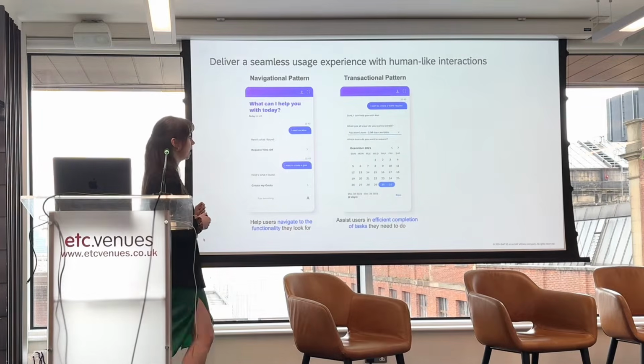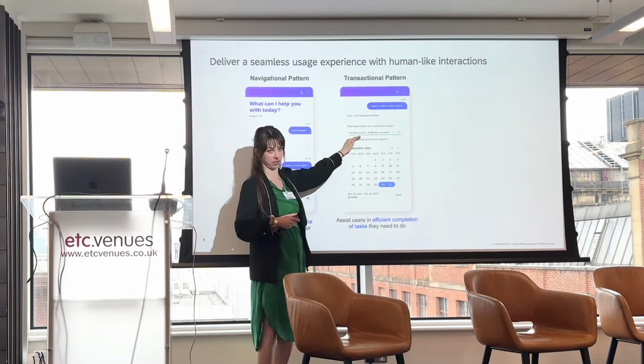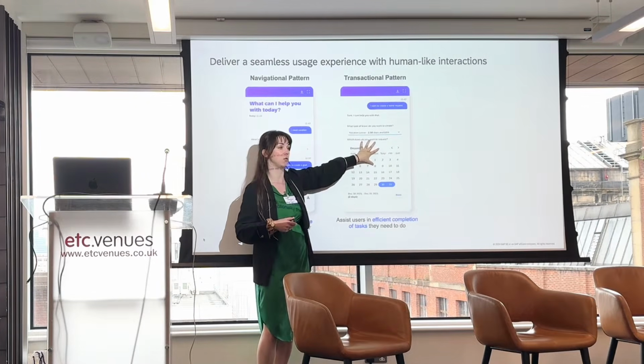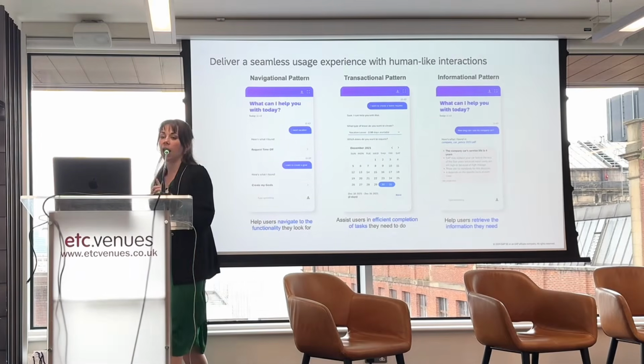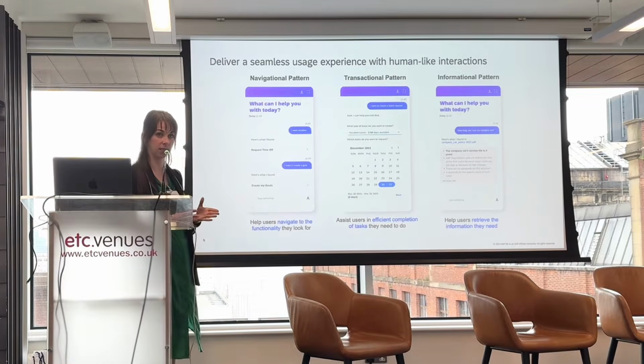So for example, here again, I need to create a leave request. You can do this directly within the console as well. So doing transactional parts directly within Joule. And the third pattern is the informational pattern, which means that you can have, for example, particular policies that are